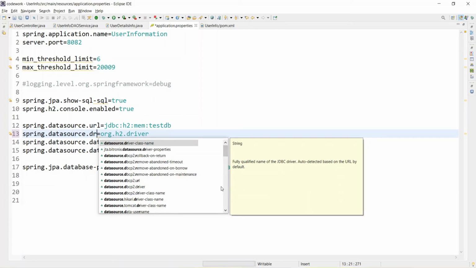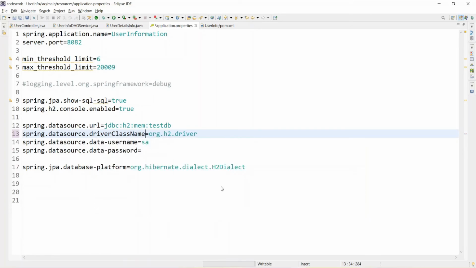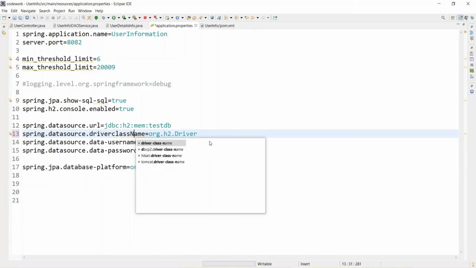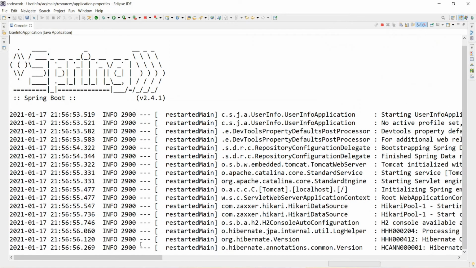It should be driver-class-name, why is it taking this hyphen? It should be driverClassName, with the C in caps. Thereafter Control S, terminate this and run again. Now the error should be removed.